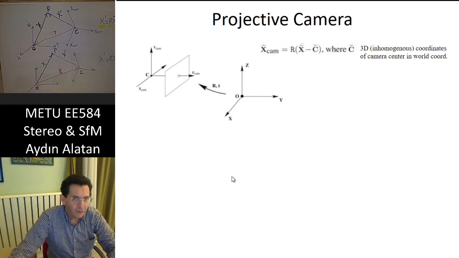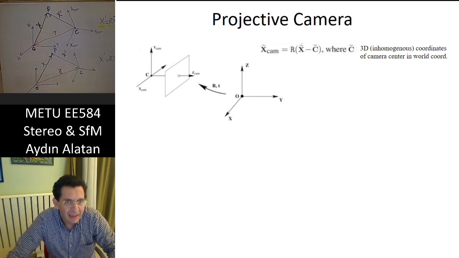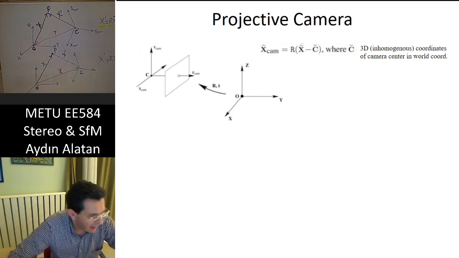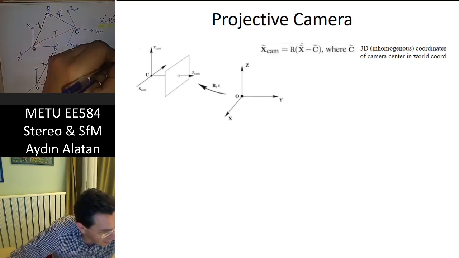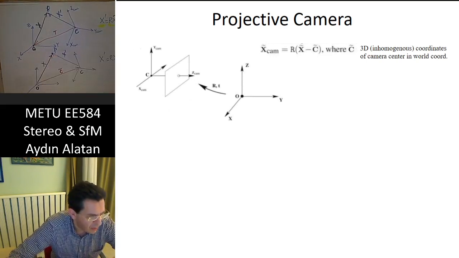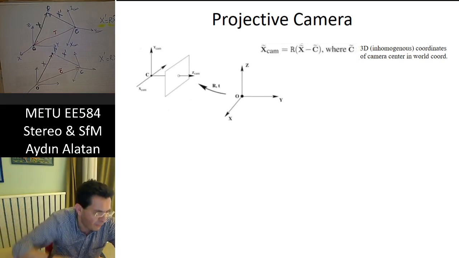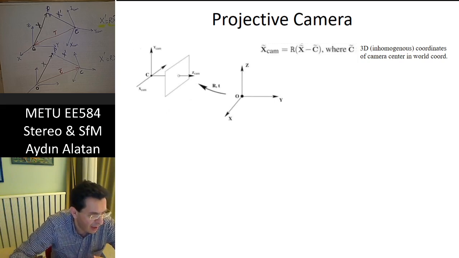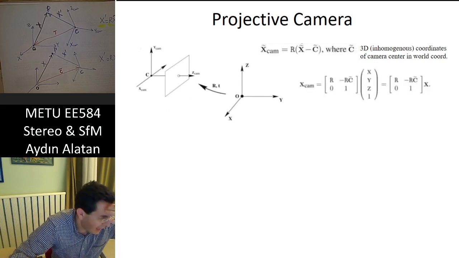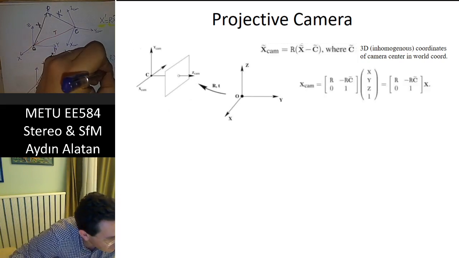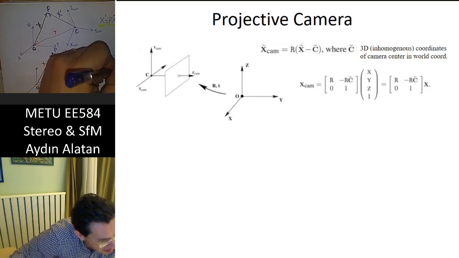Okay. Therefore, if I write my vector in this form, what should I write here? That's the question mark. Obviously not t. It should be about c tilde because I measure this as information with respect to the world coordinate system, but it should be in the camera coordinate system. Therefore, I can show that if you write it in this way,